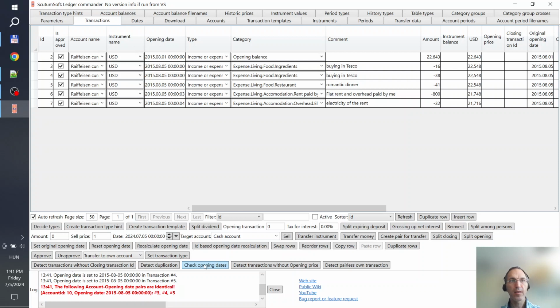Let's correct this. Select transaction 5 and press the Recalculate Opening Date button and the first free time slot is set. Select transaction 4 and press the Recalculate Opening Date button again and do this for transaction 3 as well. Press the Check Opening Date button again and notice that there is no problem now.